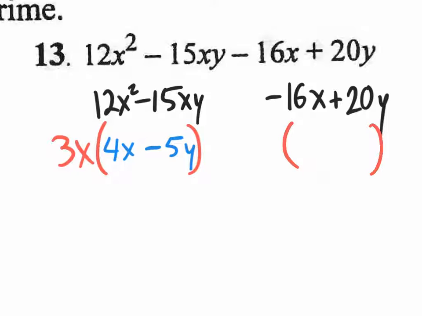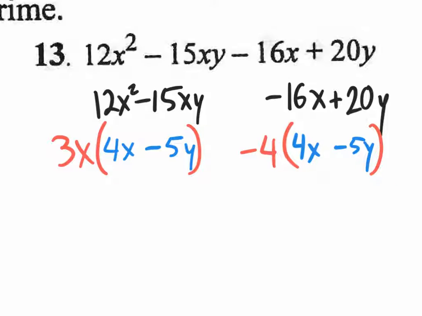Just 4. Now, if we just pull out a 4, what would our first term be in there? -4, right? But notice that on the other one, we don't have a -4x. We have a positive 4x. So it's probably better not to pull out just 4, but pull out a -4. That way, on the inside, you will have the same positive 4x and also